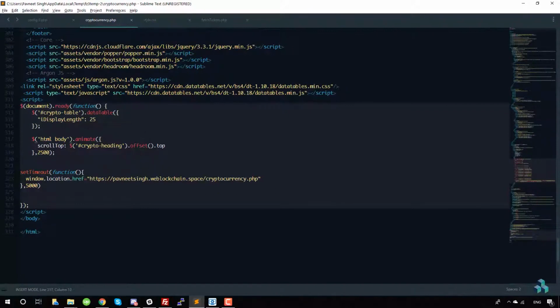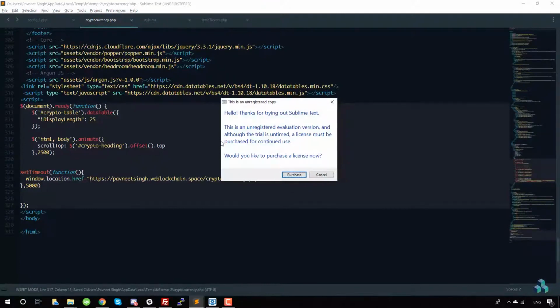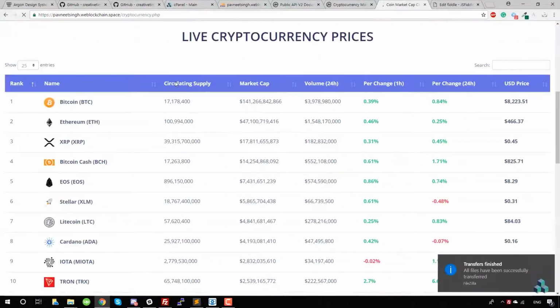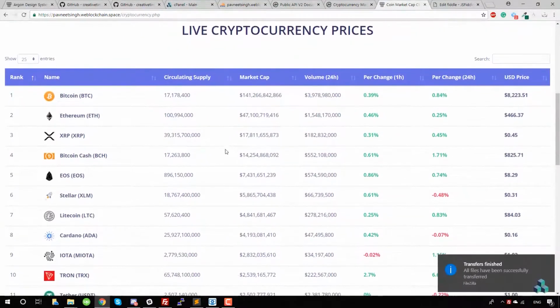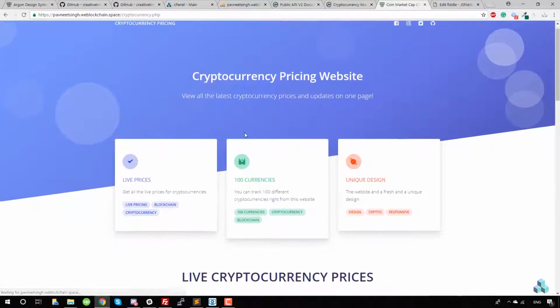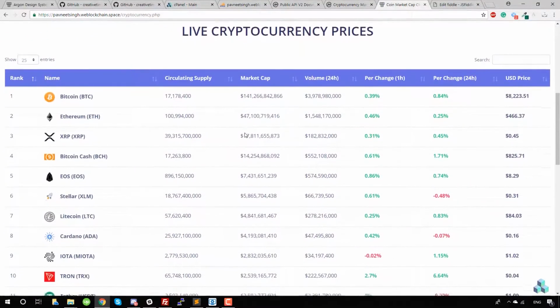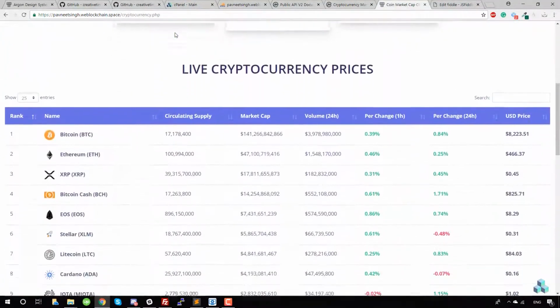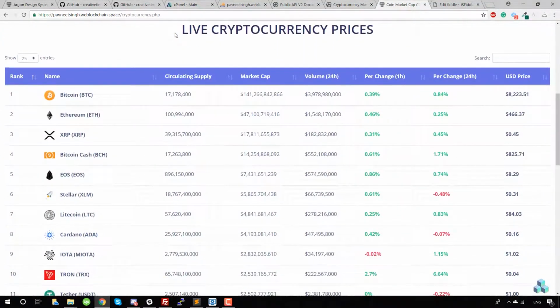I think we missed a comma over here, and let's check it now. Okay, let's see after 5 seconds what happens. As you can see, the website actually scrolled to the section of the pricing. So that's a really nice feature to have, but we don't need it to be refreshing every